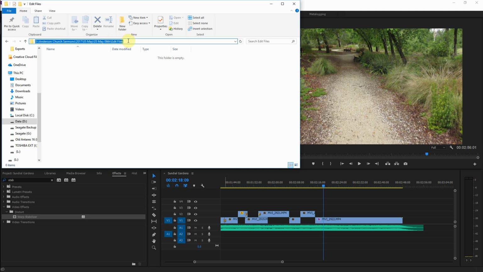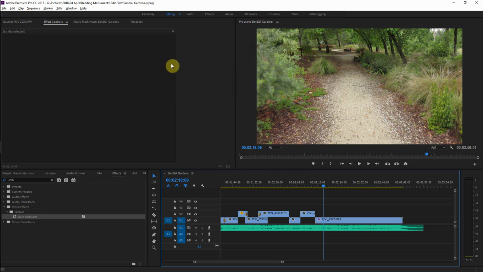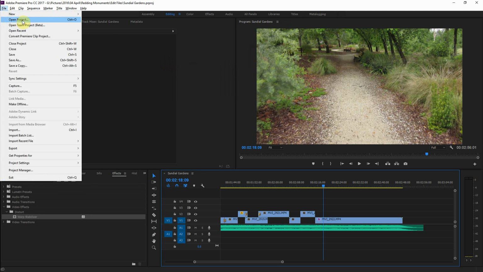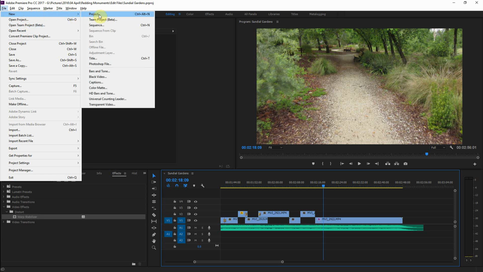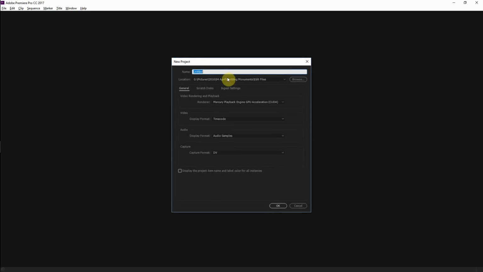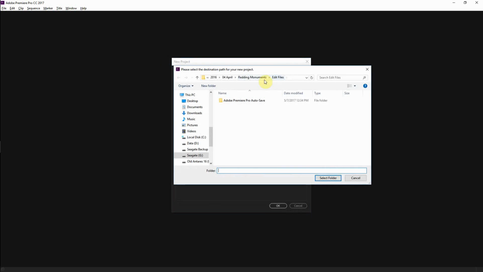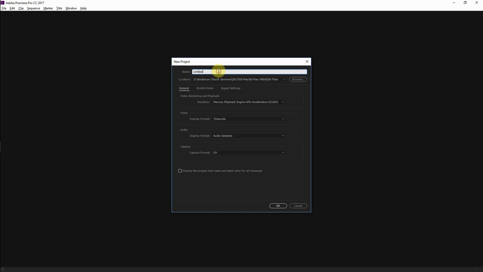You copy this path here, and then when you need to create a new project, which I do, new project, you'll come here, and you will paste that location in, and there you have your file path. That's what I'm looking for.